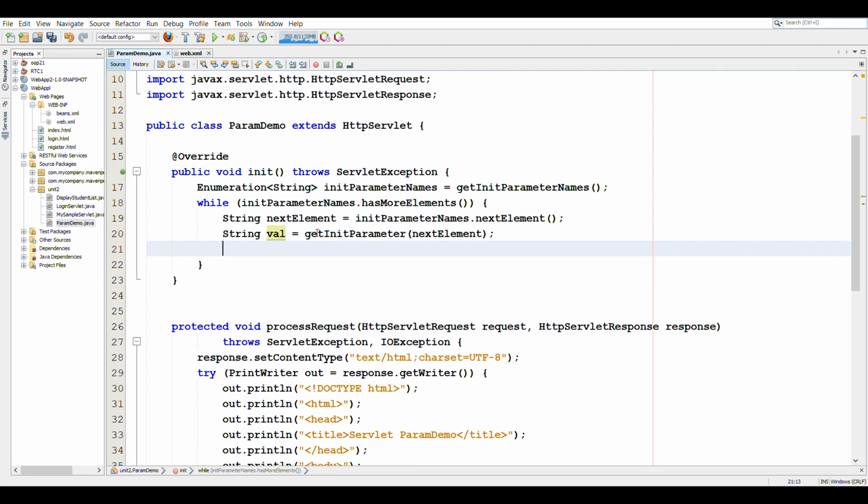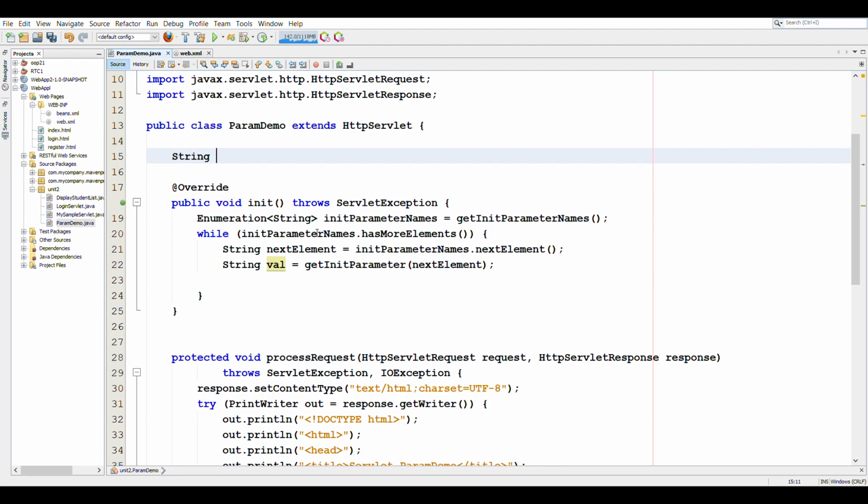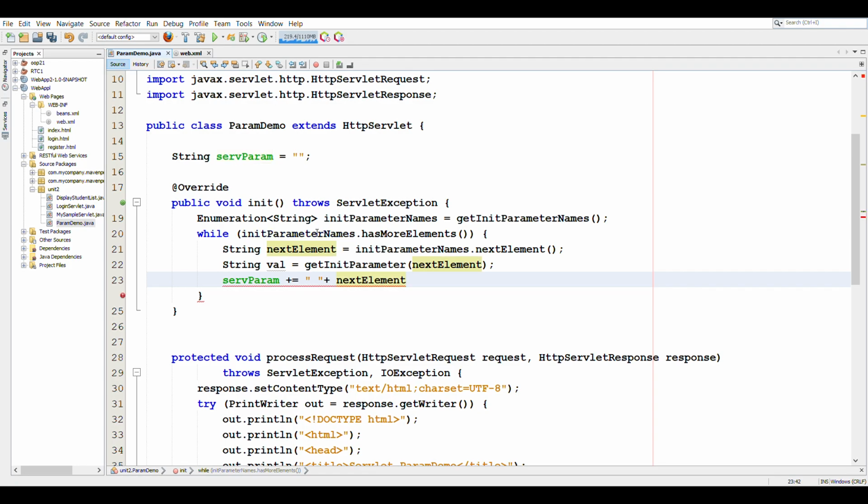And then let's say we want to set this value in some class variable, so we'll create a string servletParam here, initialize it to blank, and then we will simply say servletParam and append the values to it. So we'll append the next element, and we will append the value.